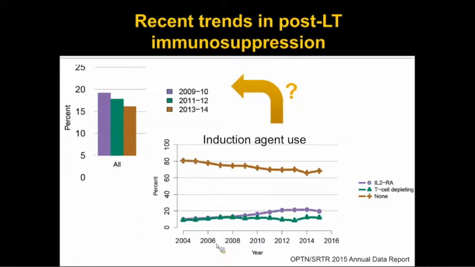But there's other possibilities as well, and one of them I mentioned: in the past, there was a lot of reliance on protocol biopsies, meaning that everybody got biopsied at certain points post-transplant, regardless of what their liver tests looked like. And so now with that being done by fewer and fewer programs, probably we're not detecting as much milder acute rejection that used to be reported back to SRTR.